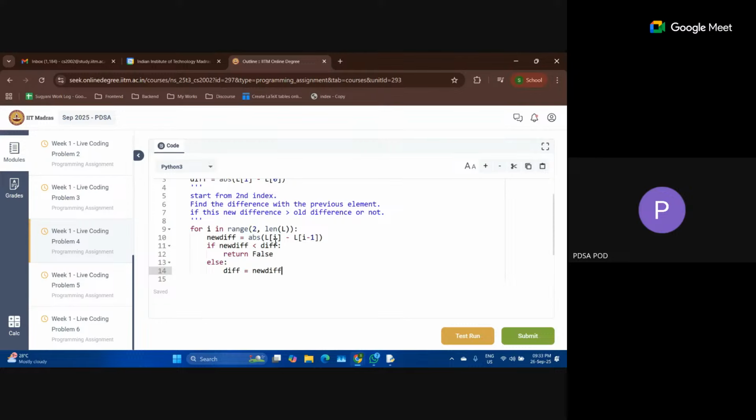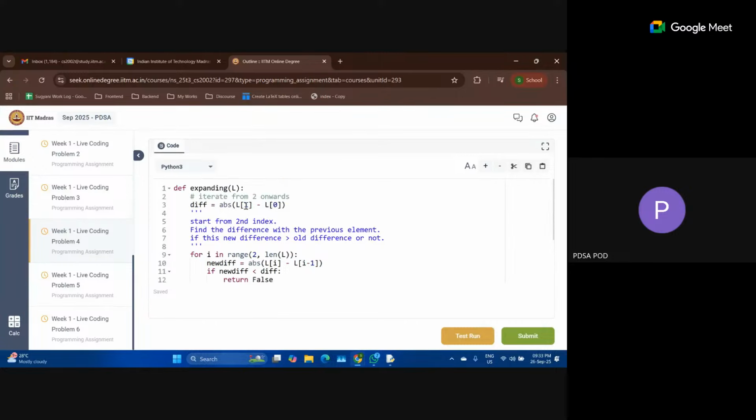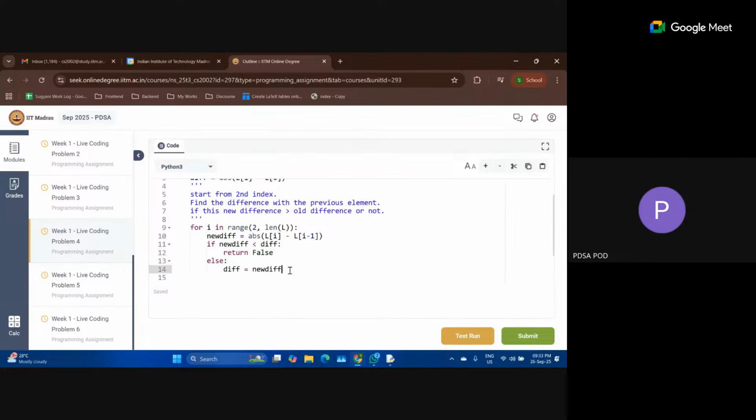That is why I need this update operation, wherein I update the diff value from the previous value with the new difference. In the next iteration, when I compute the next difference, I will have a place to store the difference between L2 and L1. That is why I need this update operation.